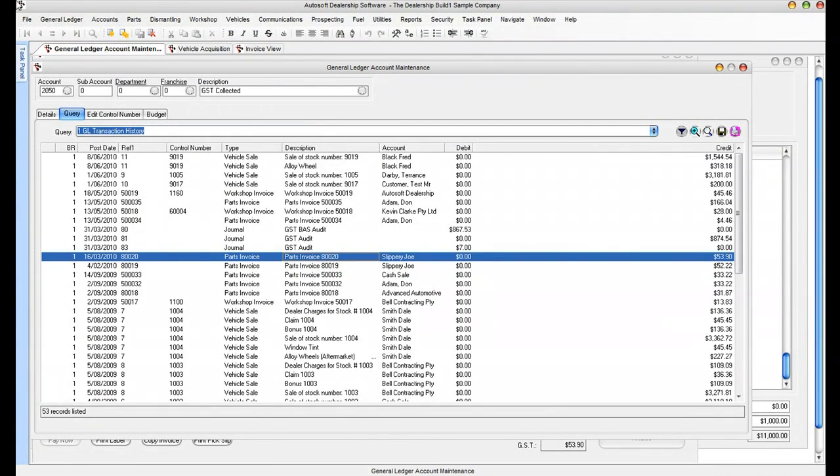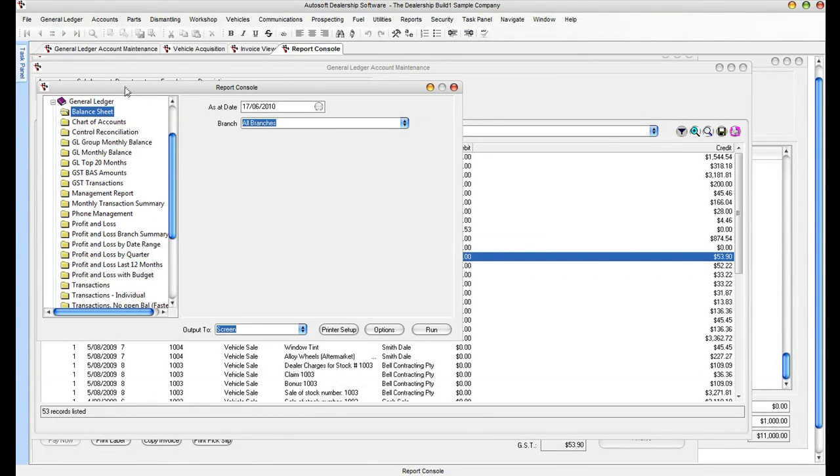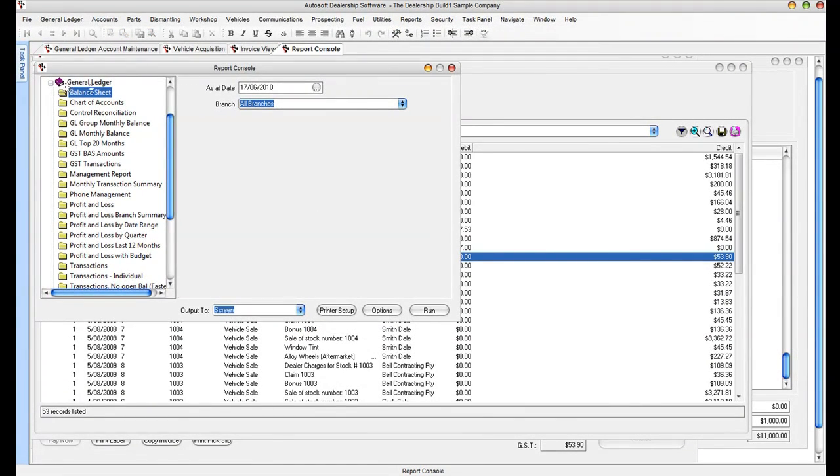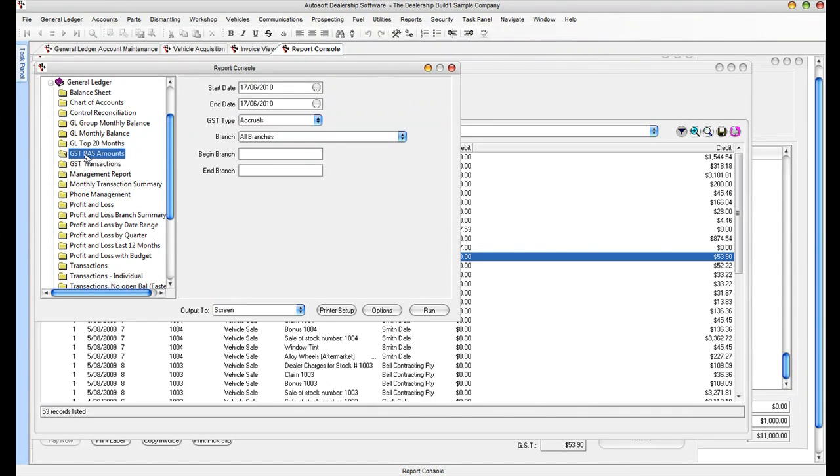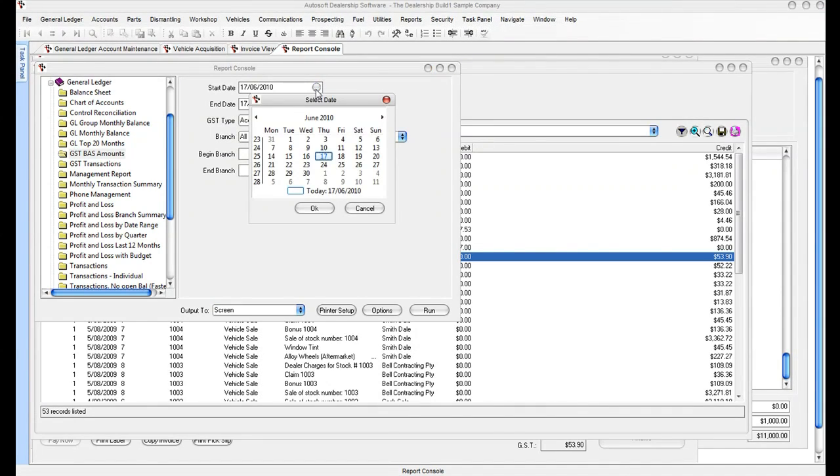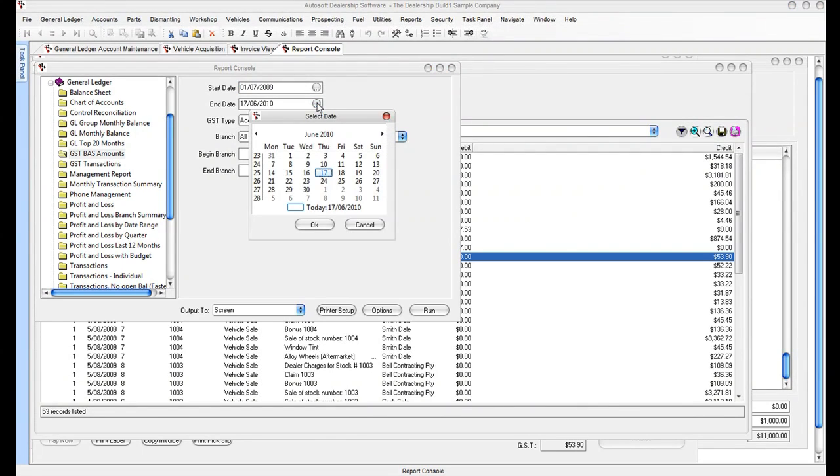In our system here, I'm going to run the GST BAS totals, and I want you to take note of the numbers and totals in here. So in your system, if you're using Autosoft, you'll find it under the general ledger section there, GST BAS amounts. But if you're using another system, you should find similar things in the report section of that program, perhaps under a slightly different name, but probably in the general ledger section there as well. And what you can do is run the report for the period that you're going to have a